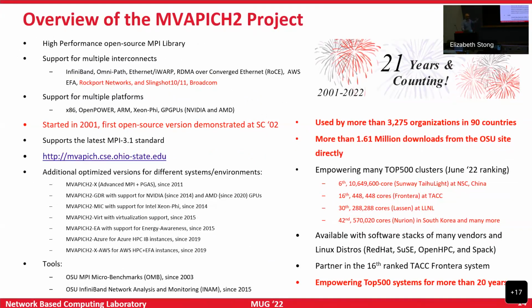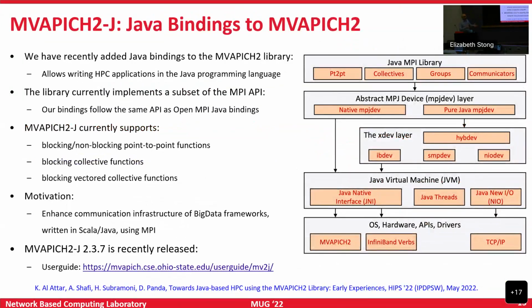Our solution is based on the MUG'22 library, and for this particular project, we first had to come up with our own Java bindings. On day 1, when I was presenting Java bindings, I promised you that we have a use case, a reason why we are producing these Java bindings, and essentially, MPI4Spark is the reason we were doing that work.